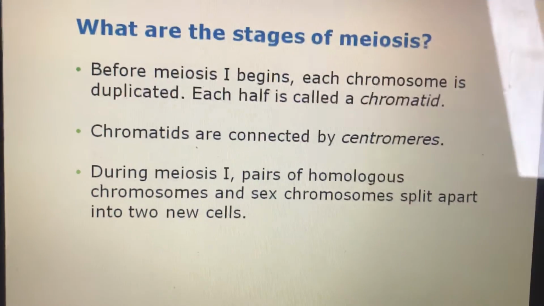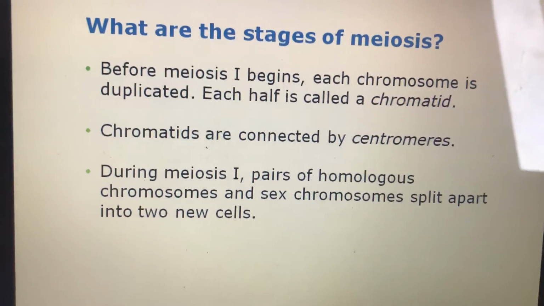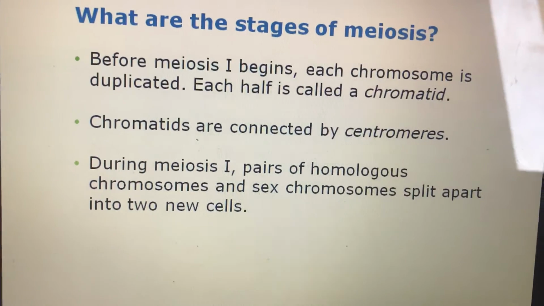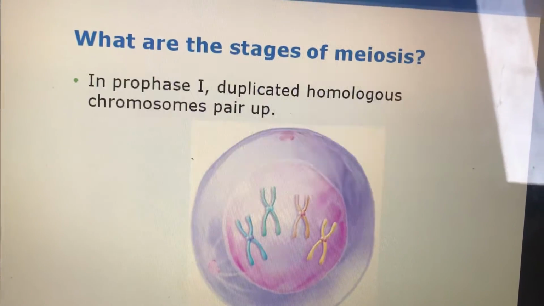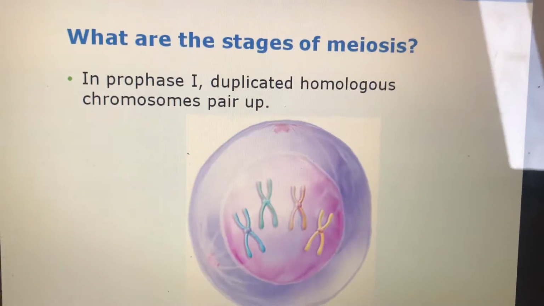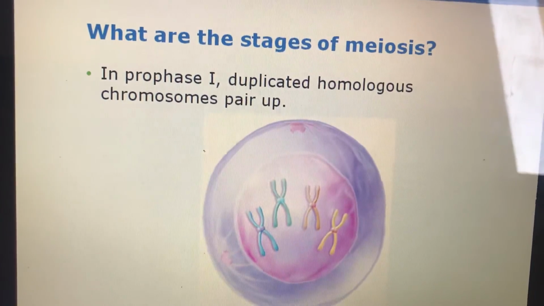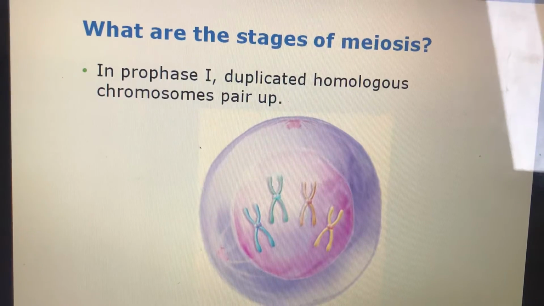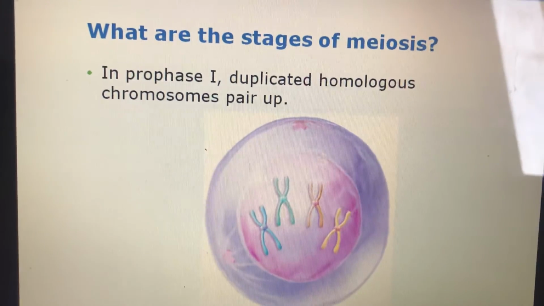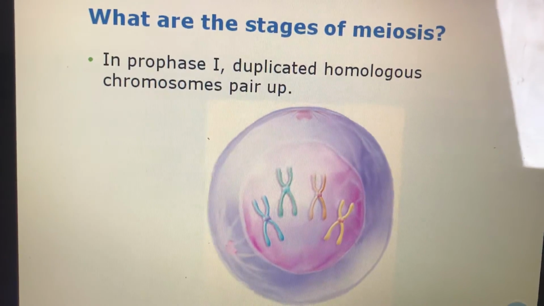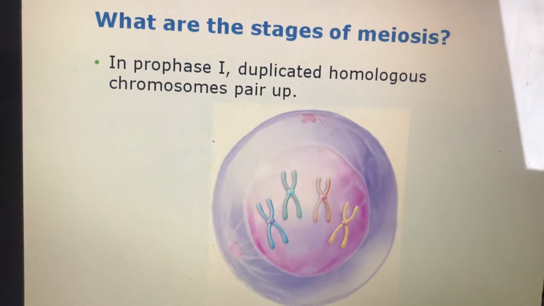And then during meiosis 1, pairs of homologous chromosomes and sex chromosomes split apart into 2 new cells. We're going to see what this means. If I start with meiosis 1, of course we're going to go with the same phases as mitosis, but with a little bit of difference. In prophase 1 of meiosis 1, you're going to see something that doesn't happen in mitosis, which is that the duplicated